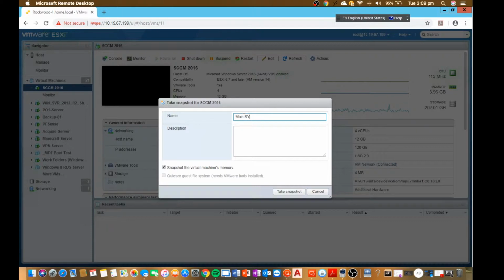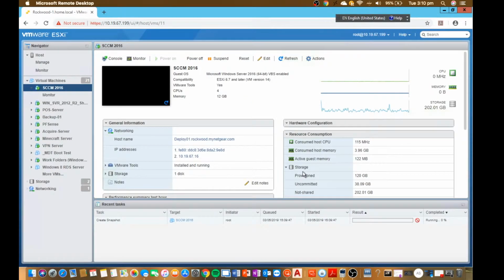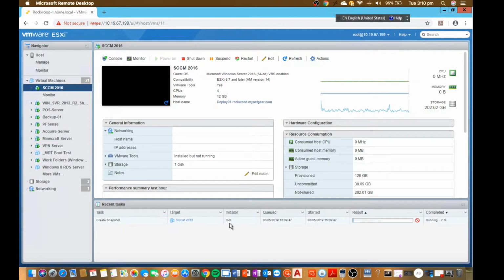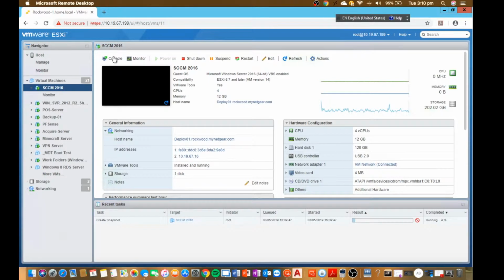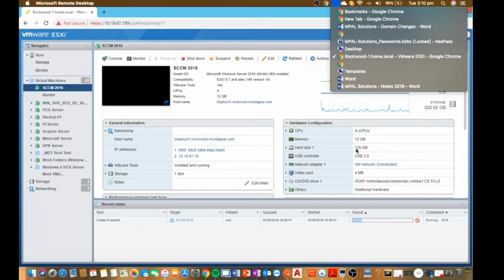We're going to do a quick main system backup, or snapshot. We won't call it backup, we'll call it snapshot. Like that, take snapshot. As you can see, we'll just let that quickly run. And then from there, we will launch the console, and then we'll start the install completely from scratch. And also at the same time, this is a great opportunity to show you guys how to install System Center 1816, I meant, or 1802. I can't remember exactly which one it was. I think it's 2016. I'm just going to confirm that now by going into